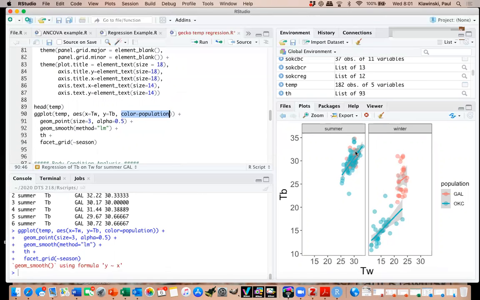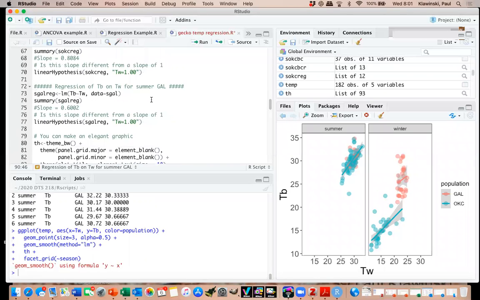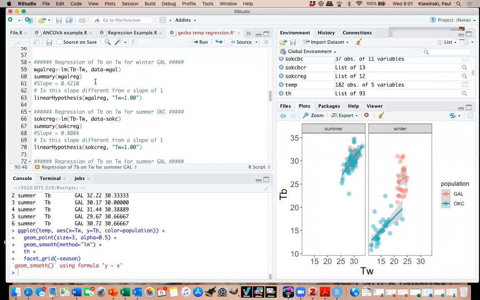And so you can see that for each of these, there is a line of best fit. The line of best fit here is not very good for the Galveston winter population. There's a lot of residual variation around it, which is probably why the Galveston winter data didn't look different from a slope of 1. So if we go back to winter Galveston and rerun this model,